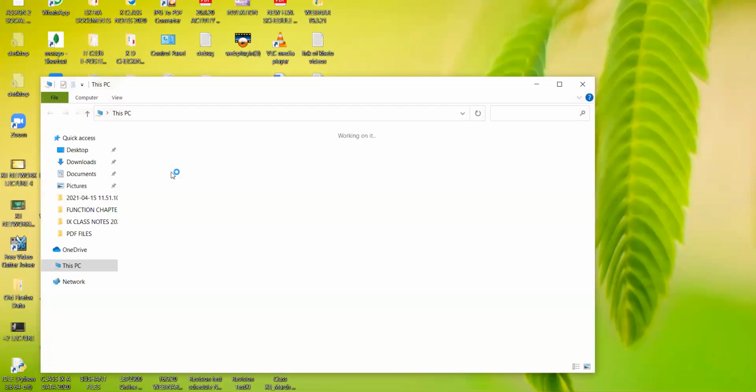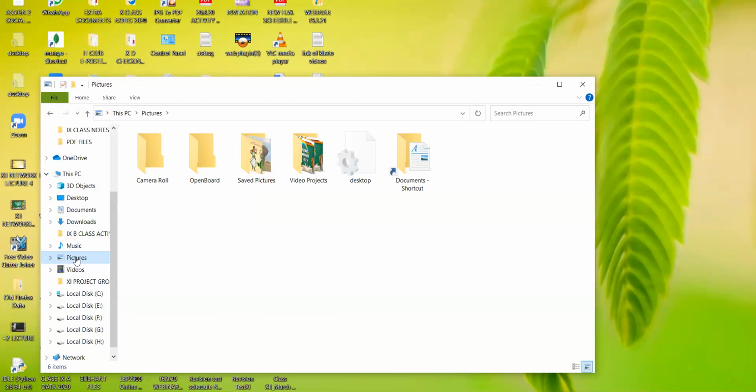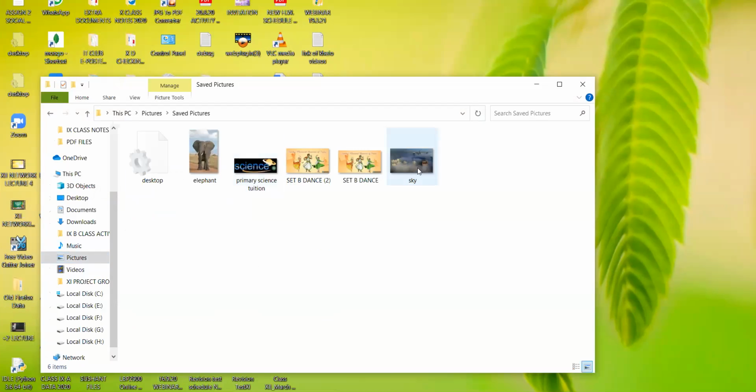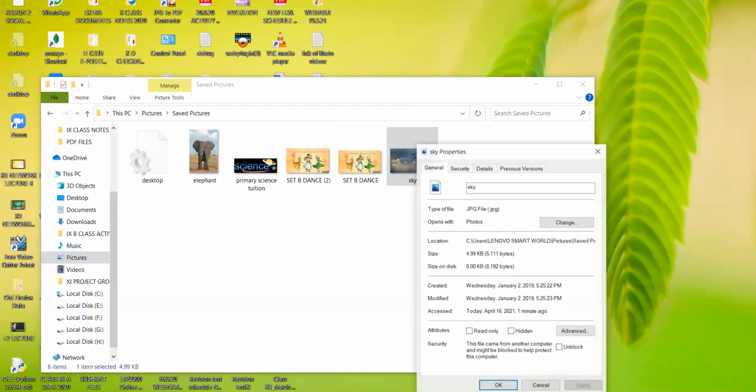In your laptop or in your computer, open the pictures folder or whichever folder where you have stored the pictures. Open that very folder, and right click on the image that you want as a part of the web page. There will be one option, properties. Choose that option. A dialog box will appear.